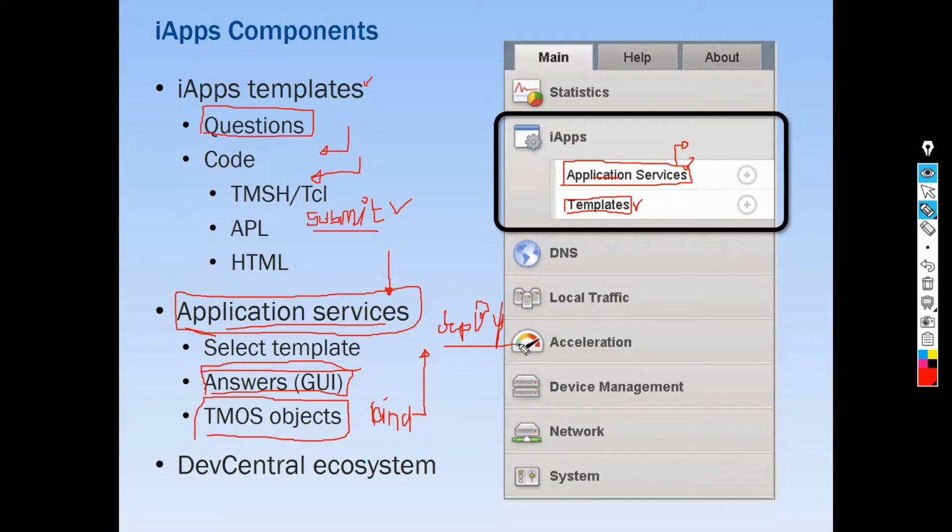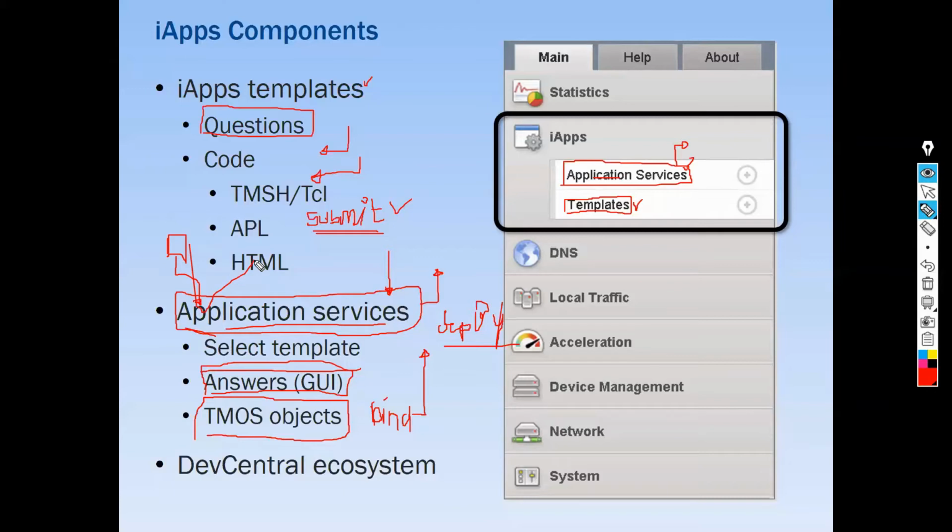Once you click on submit, you sit back. That's it. The application services will be deployed. And if you go to your user machine and initiate the request, your traffic will be processed.